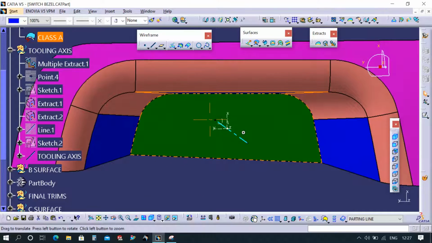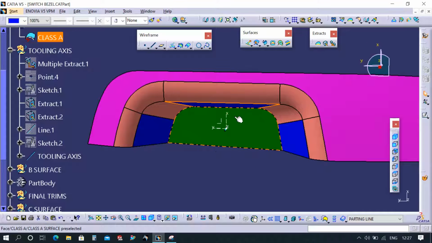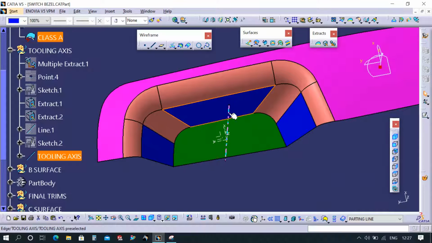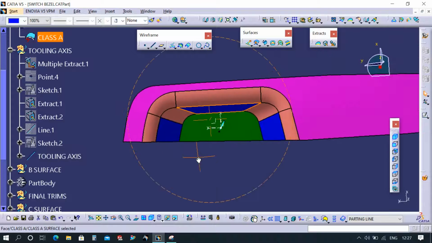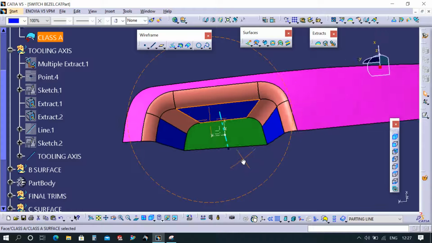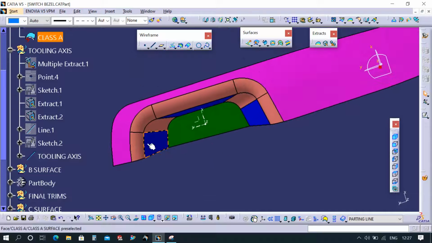To avoid that problem, you can use the trial and error method. You can draw some other line, change the tooling direction, and see whether those surfaces are visible or not.